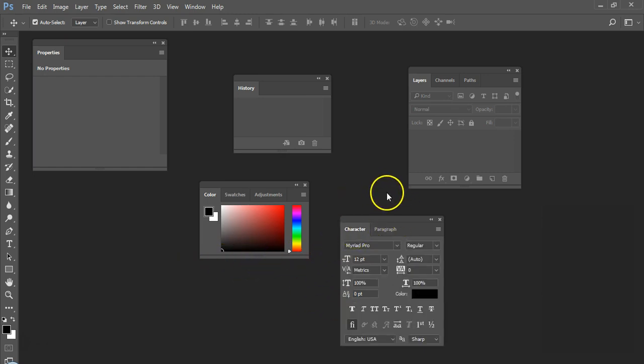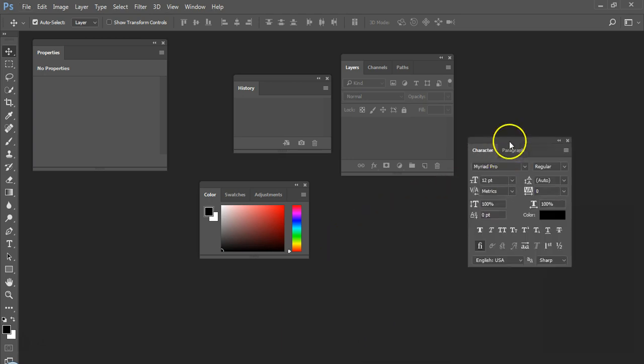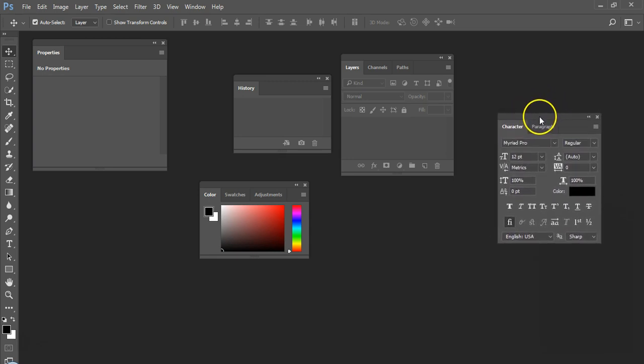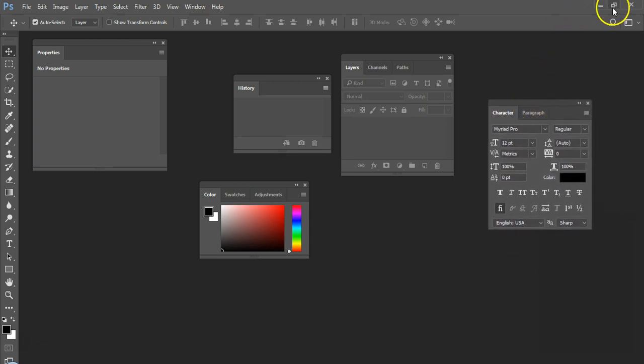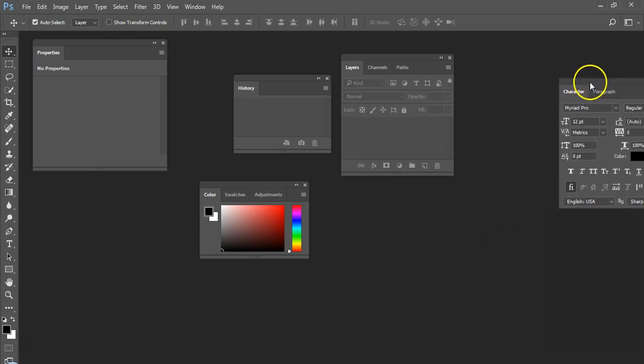Now with all things set, let's set our workspace on the right hand side of the Photoshop interface. Click and hold and drag the Character panel's tab group from its topmost bar to the right hand side of the Photoshop interface. Hopefully, you have your Photoshop window in full screen mode, which will make this process a lot easier. Now keep dragging the tab group out of the Photoshop window slowly.